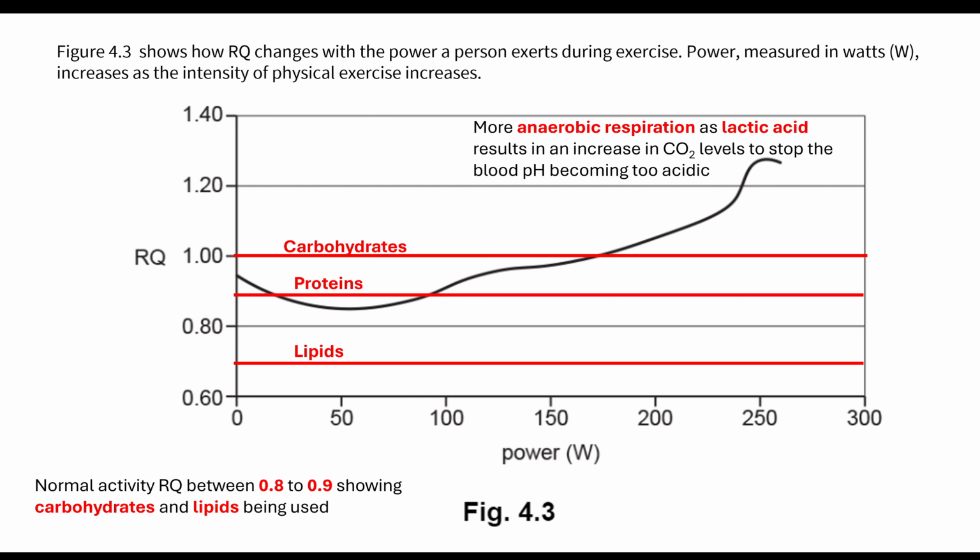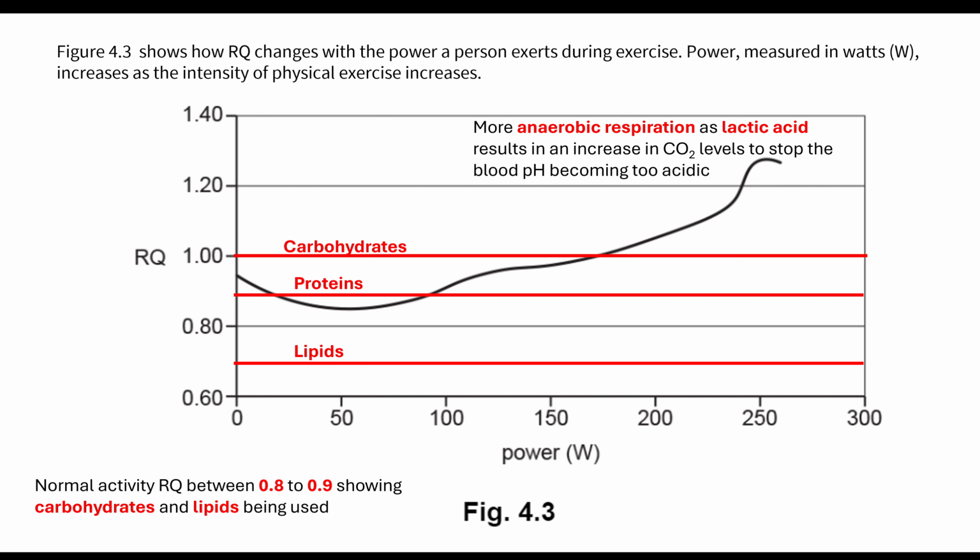The way in which the body responds is it will increase its carbon dioxide level to stop the blood pH becoming too acidic, as the lactic acid is being transported to the liver to be converted back to glucose. So it's really important that you note anything above 1 means that we're mainly utilizing our carbohydrates,